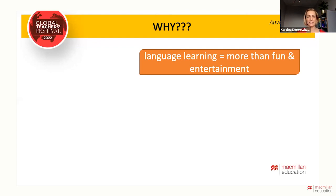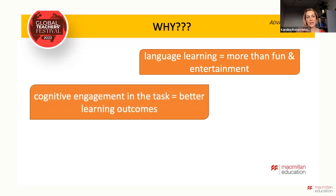Let me tell you this, I've observed so many lessons which used games which, apart from keeping children entertained, did not teach them any language. Hence, I've always been in favor of activities which make students think. Why? Because it is the cognitive engagement in the task that yields better learning outcomes. Sometimes, and this is an opinion that I've once heard,